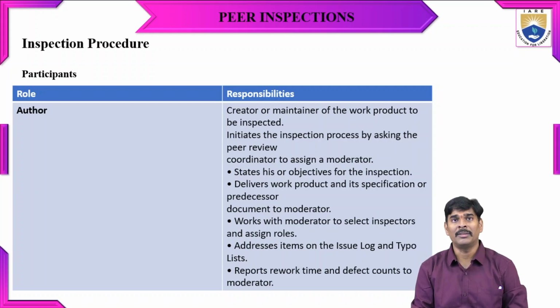We'll see now what the main roles are, and what the responsibilities of the different types of participants are. Considering the author, this role is mainly for the maintainer of the work product to be inspected. The inspection process will be done by the peer review coordinators, the assembly moderators, checking the main objectives for the inspections, and the deliverables for the work products. Different types of specifications and documentation will be there to identify,